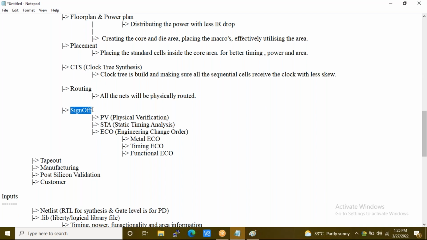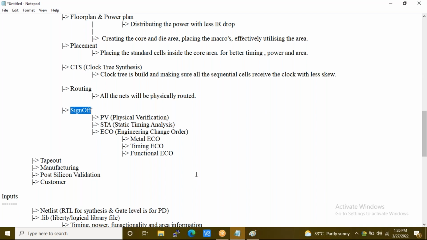In this sign off stage, what we will be handling is: before manufacturing, if there are any issues after PD and before manufacturing, we will try to fix them. Can I move forward?